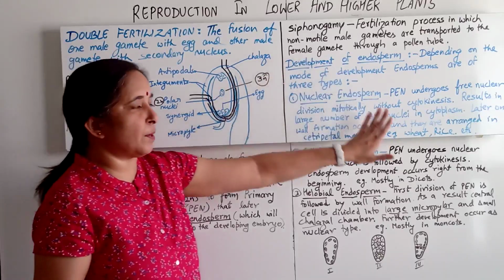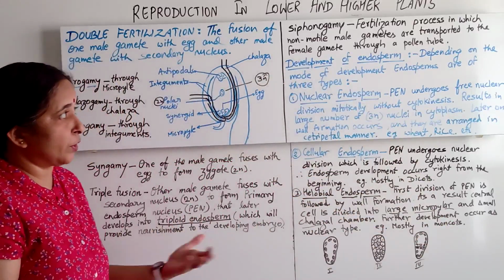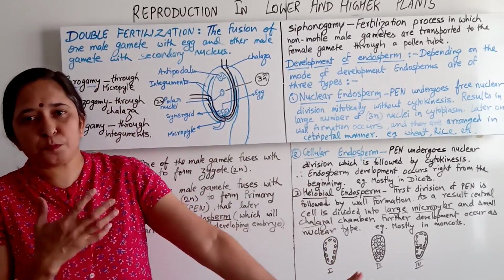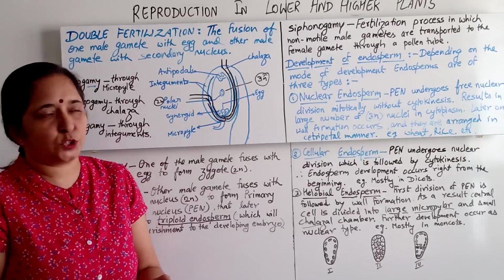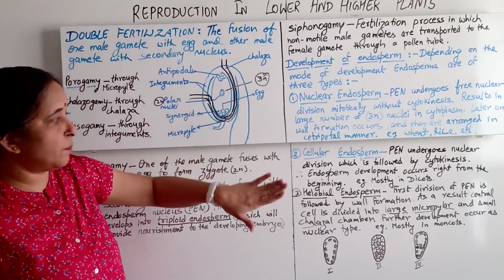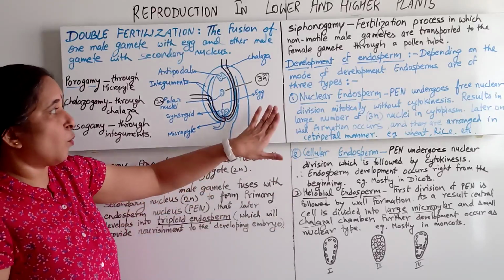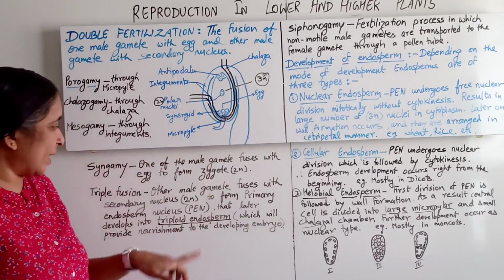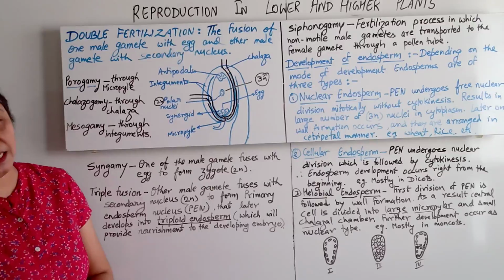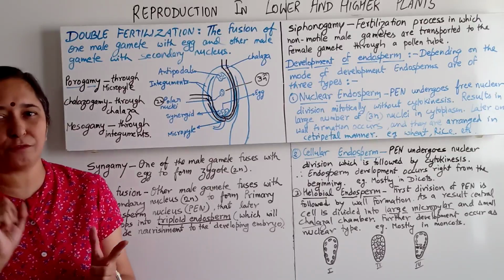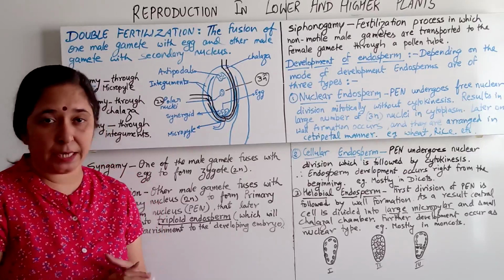First is the development of endosperm, how it takes place. Depending upon the development of endosperm, there are three types: the nuclear endosperm, then cellular endosperm, then helobial endosperm. Now what is nuclear endosperm? When the PEN, the primary endosperm nucleus, which is formed after the fusion of the polar nuclei and the male gamete,